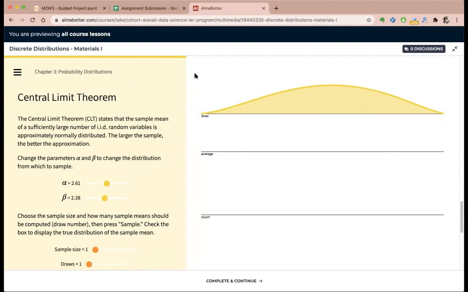This height, this f(x) value, what does this give? It gives the density, how likely it is that this x value will be chosen. It will not give you directly the probability, but it will give you how likely this value will be chosen. If I take an x value here, the f(x) value here is very low, right?